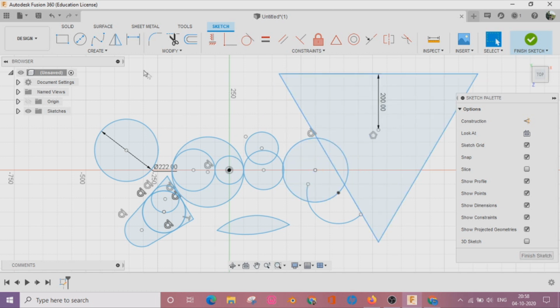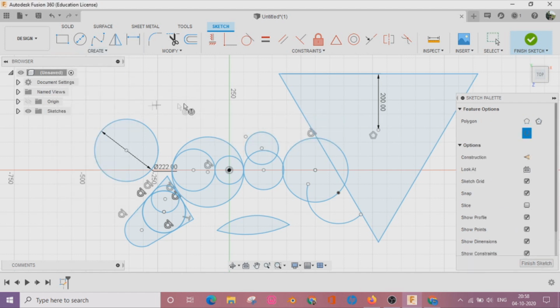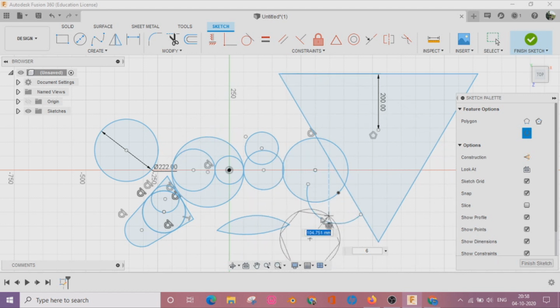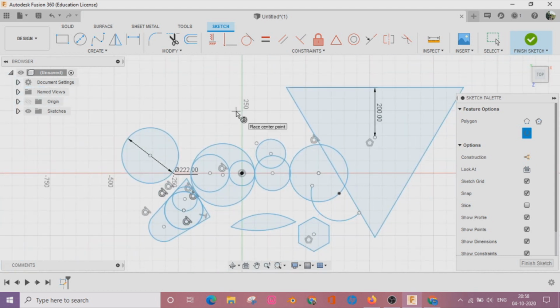And another type of polygon is inscribed polygon. Select a center point of a polygon and specify a value for the number of edges. We can select a vertex point or specify a distance. Then edge polygon.